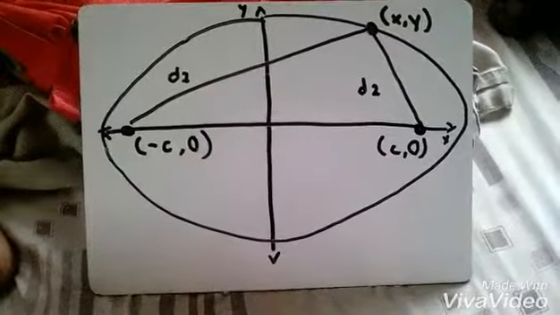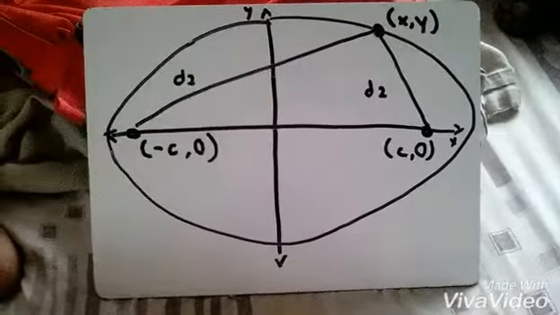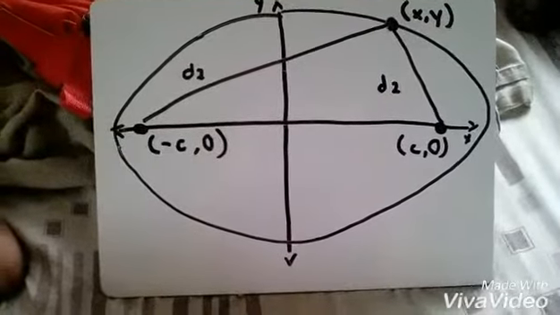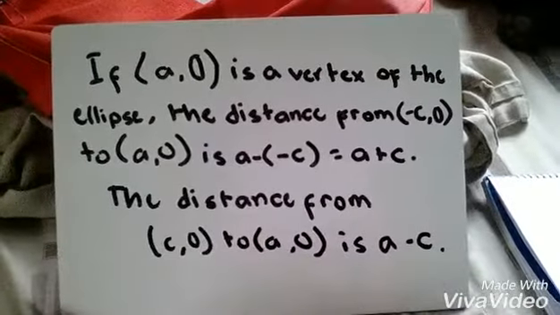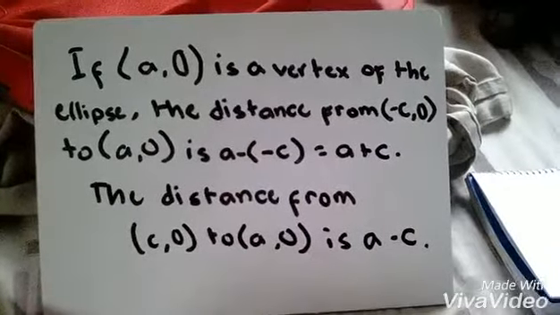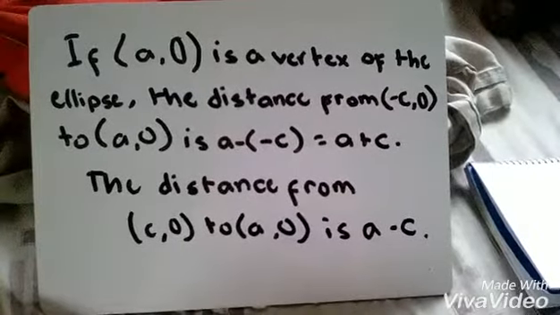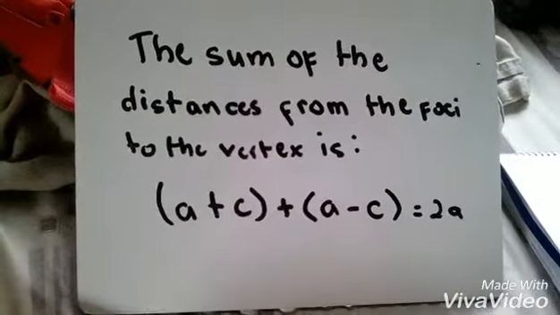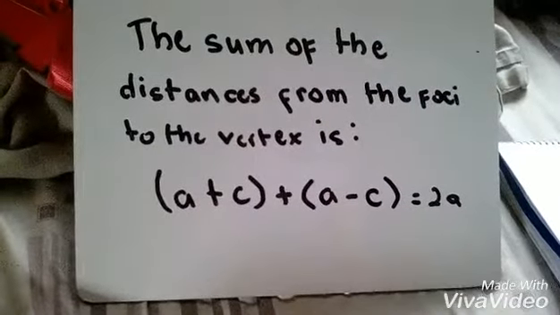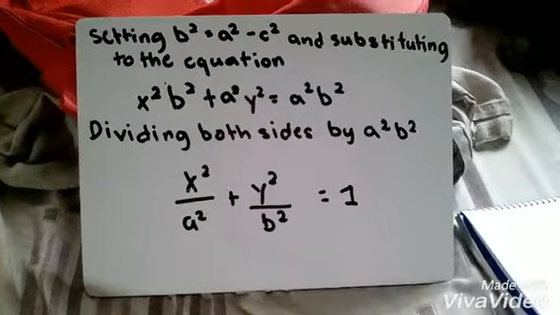We place the foci on the x-axis at negative c, 0, and c, 0. The center of the ellipse is situated at the origin and is halfway between the foci. If a, 0 is a vertex of the ellipse, the distance from negative c, 0 to a, 0 is a minus negative c, equals a plus c. The distance from c, 0 to a, 0 is a minus c. The sum of the distances from the foci to the vertex is a plus c plus a minus c equals 2a. Setting b squared equals a squared minus c squared and substituting to the equation,